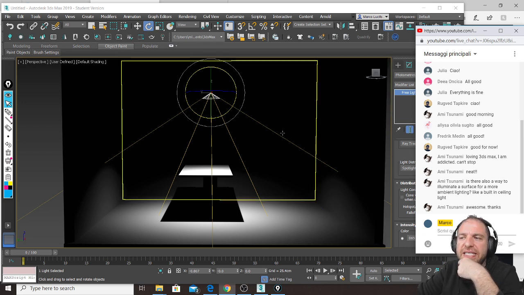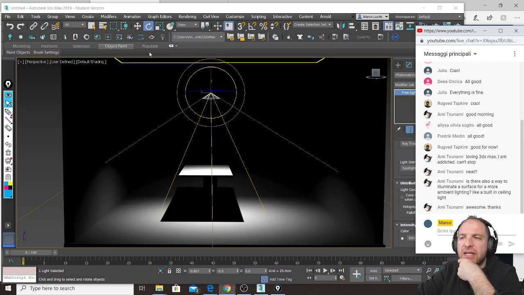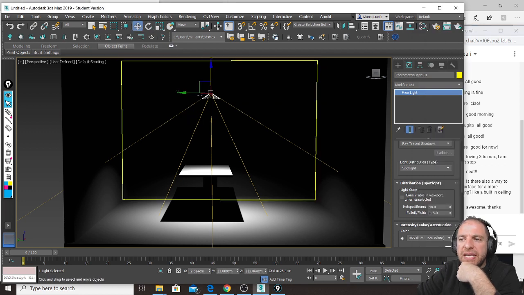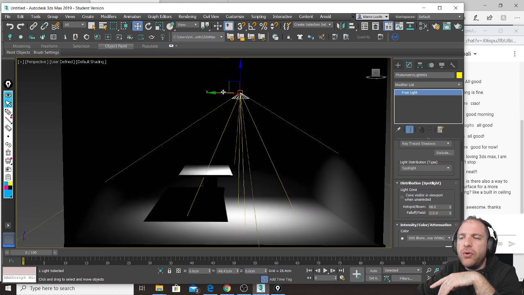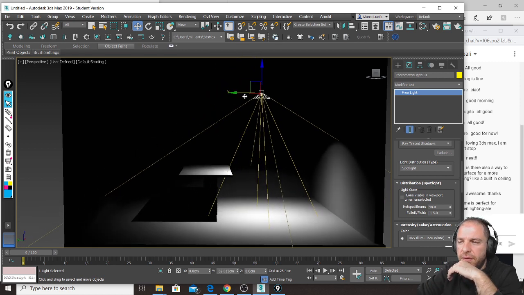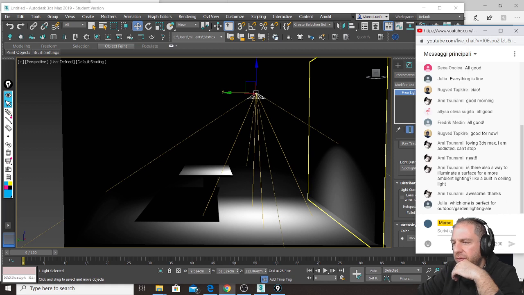But let's see an interesting thing. That is this. Second parameter, this is the third parameter that I need to show you, is color of light. So the color of light,